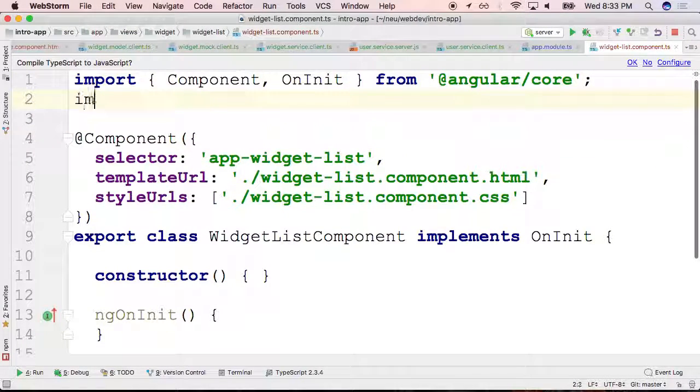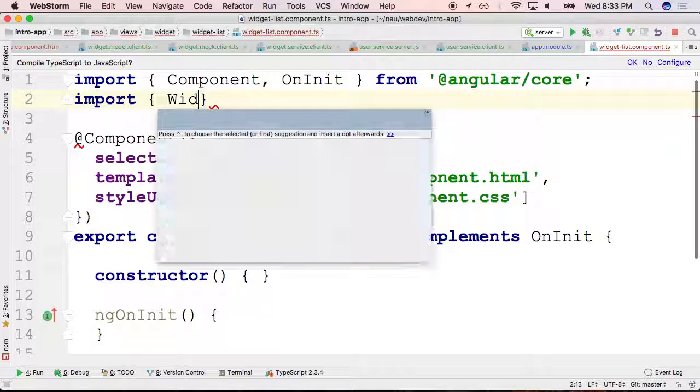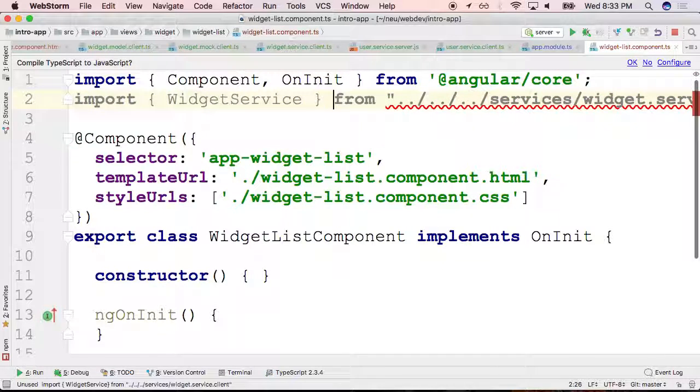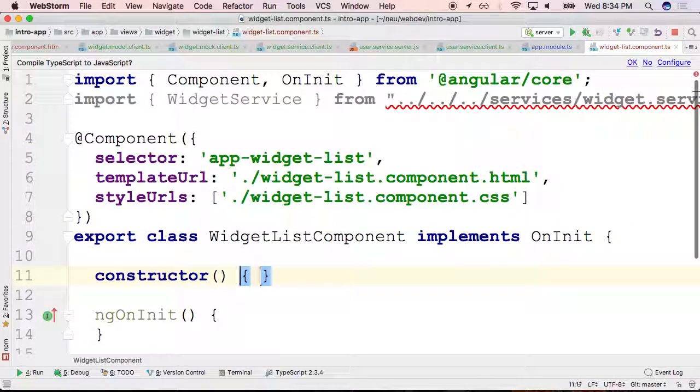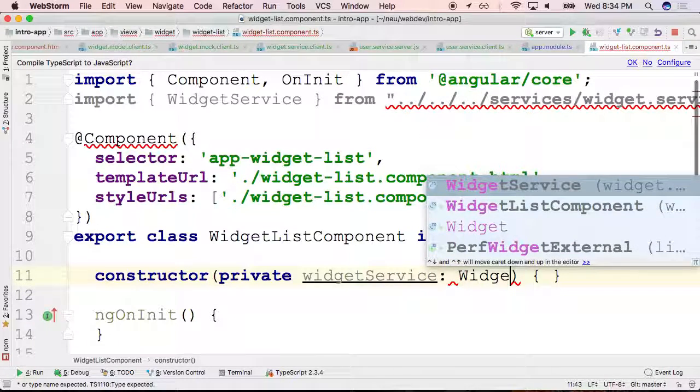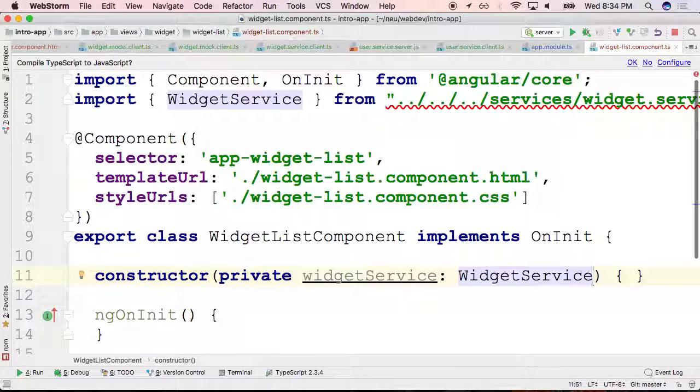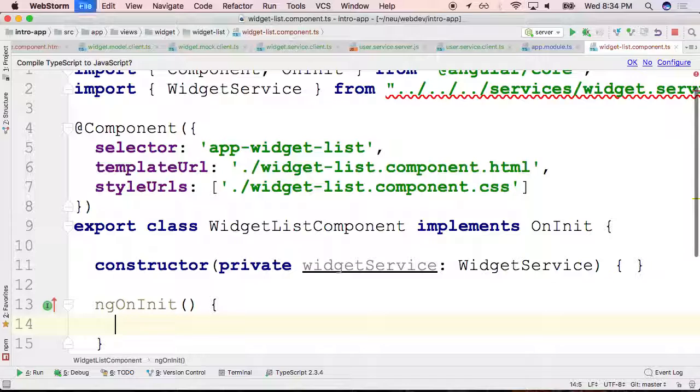Let's import the widget service. There it is. And I'm not going to fix that. I can fix that later. We're going to inject it into the widget list, right? So here we have private widgetService of type WidgetService. There we go. And now that we have it, we can